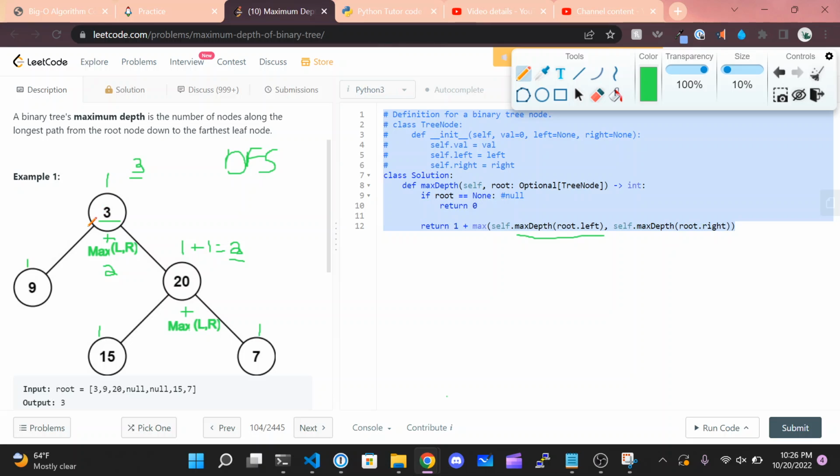So no matter what, we're touching every node, right? So I think that time complexity would mean that, let's say that the number of nodes is n, then the time complexity would be O of n,